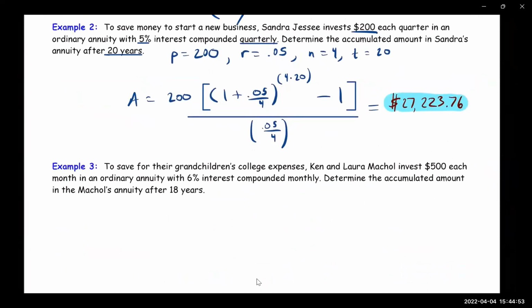200, close, 1 plus 0.05 divided by 4, close parentheses, arrow up, open parentheses, 4 times 20. Oh no, I have 35 here. It's supposed to be 20. 4 times 20, close parentheses, arrow down, -1, then enter. And then that answer divided by, close parentheses, 0.05 divided by 4, close parentheses,